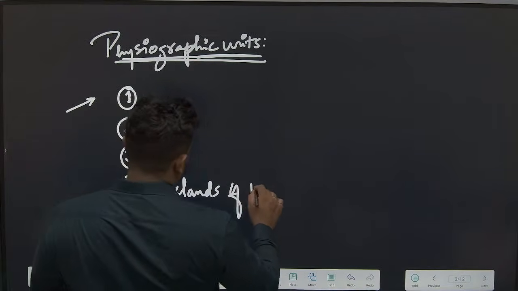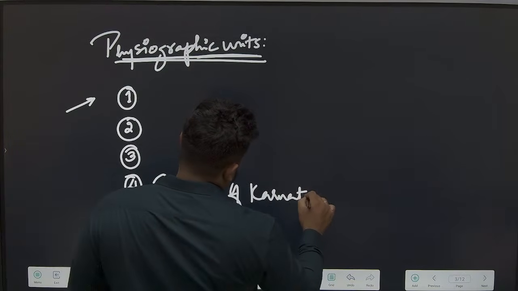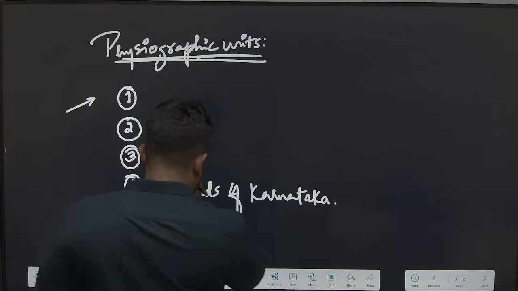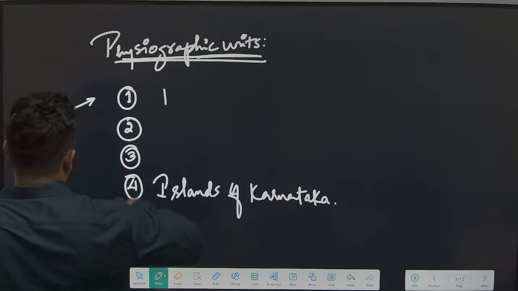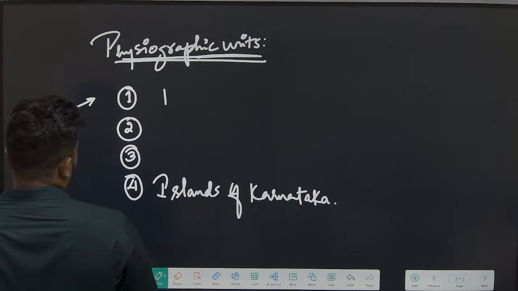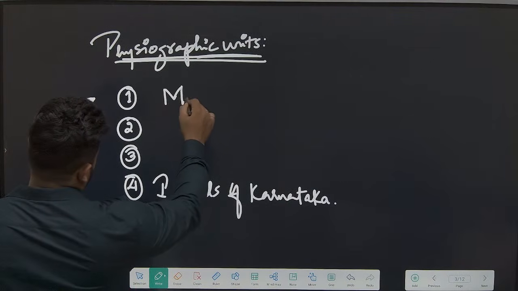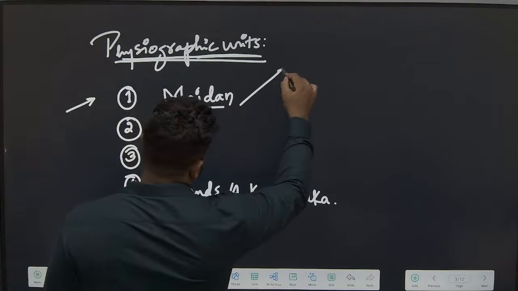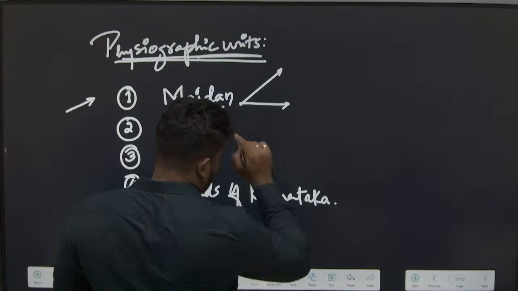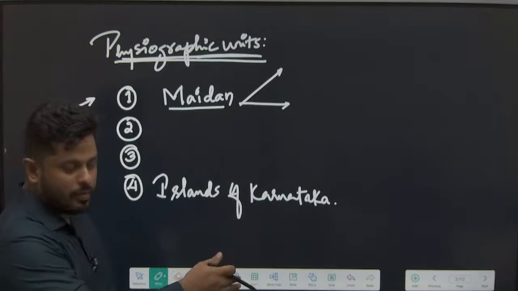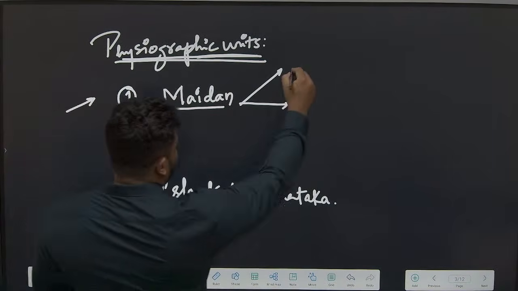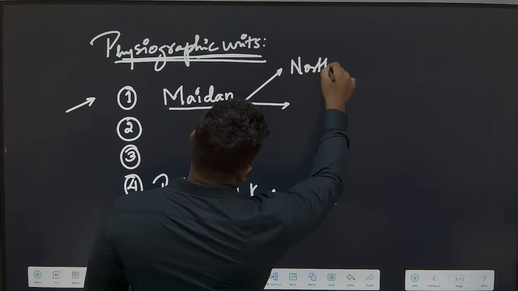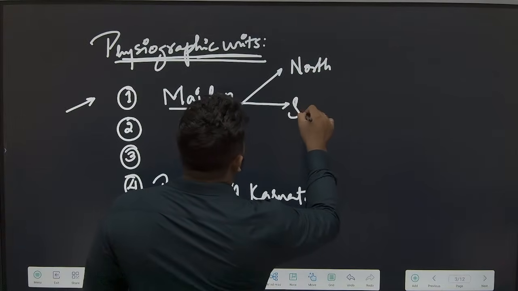If I have to follow the chronological sequencing exactly, I'll have to come to the Plateau region first. And in Karnataka, the Plateau region is what we call the Maidan region. Clear cut. We have two different categories of them based on their description, based on their graph, right? We have the North Maidan as well as the South Maidan.